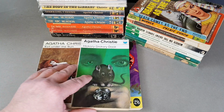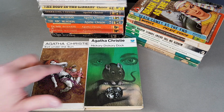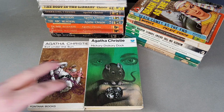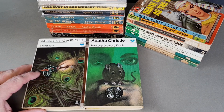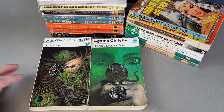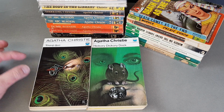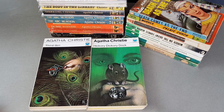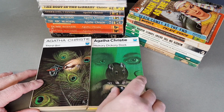And we've got Hickory Dickory Dock, which is another really, really detailed cover. That one, I love the face behind it, with the mouse in the foreground on the ring, just superb. And my other honourable mention would be Third Girl, which once again has very intricate artwork, with the peacock feathers there, and the dagger with the 6 and 7 hooked into it on the bloodstained knife. Fantastic stuff. That's quite special. So they were my honourable mentions, but my actual top 3,